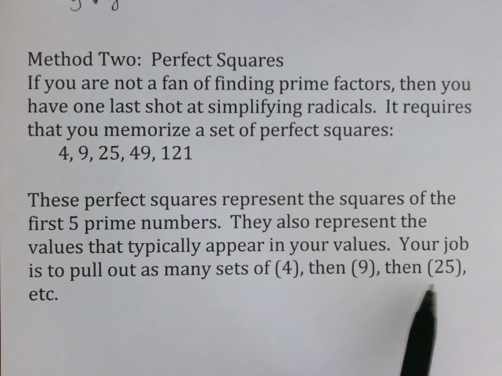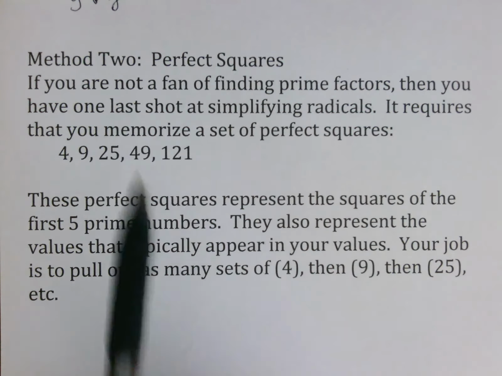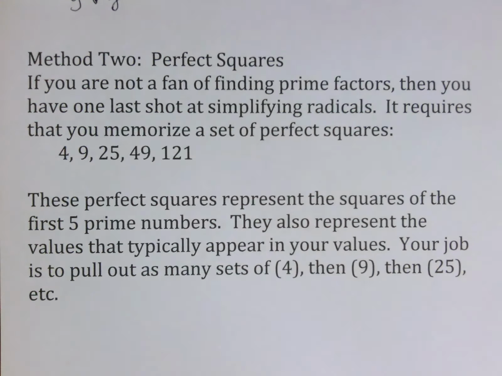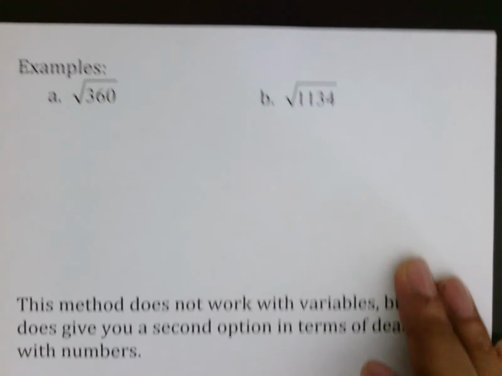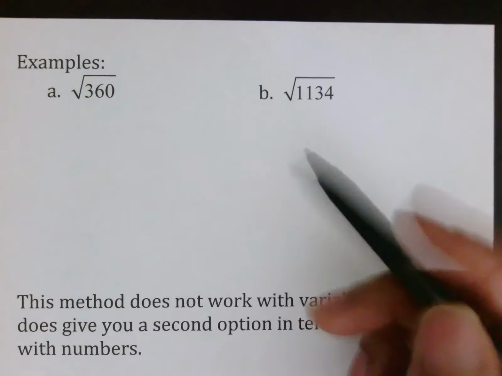Then you take out as many 25's as you can take out. If there's still more, then you try it at the 49's. And if that doesn't work, you try the 121's. But typically it doesn't go that far, because by the time you pull out a couple 4's and 9's, everything's pretty much gone. So let's go back to the ones that we did earlier just to make sure you